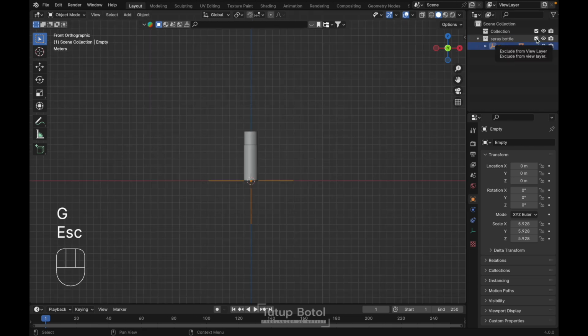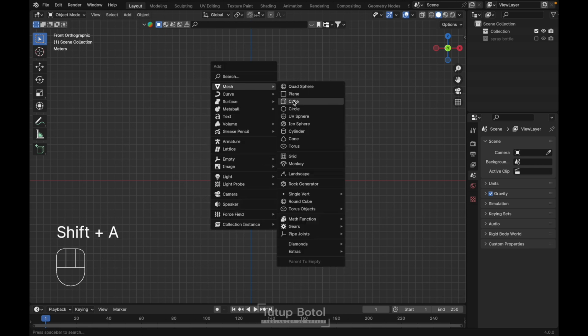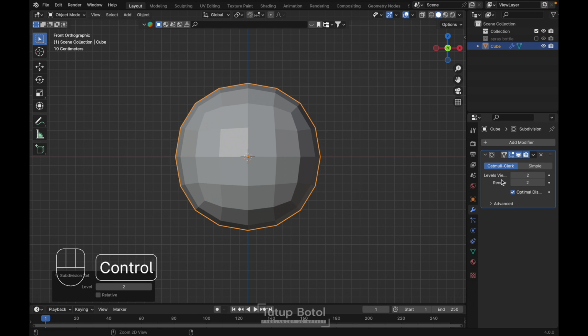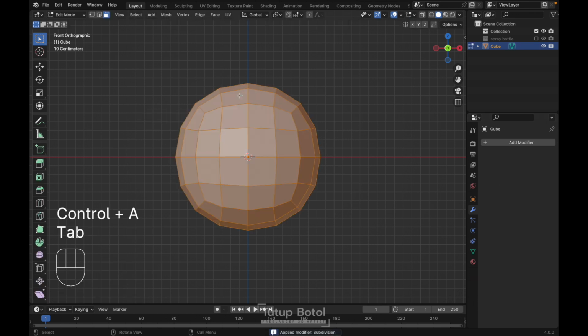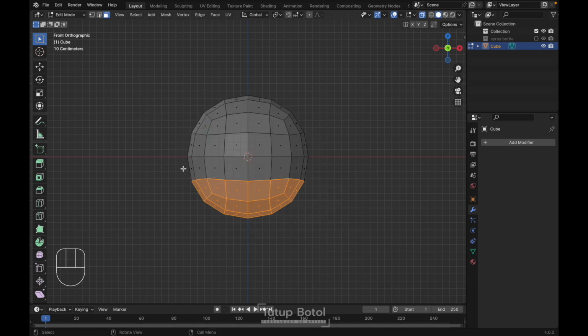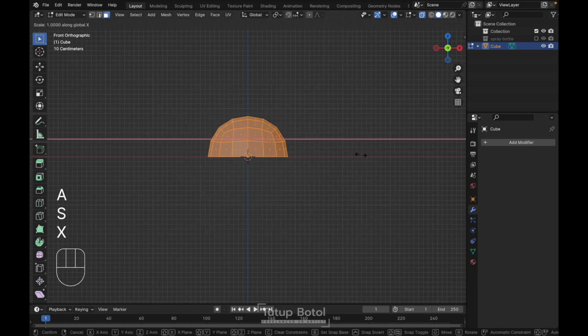Let's hide this spray bottle first. Press Shift A, mesh, add a cube, press Ctrl 2, add a subdivision modifier. Over here, apply this subdivision modifier. Tab to the edit mode, Alt Z to see the X-ray view. Let's select all these faces, X, delete the face. Press A to select everything, S, X, scale it on the X axis,